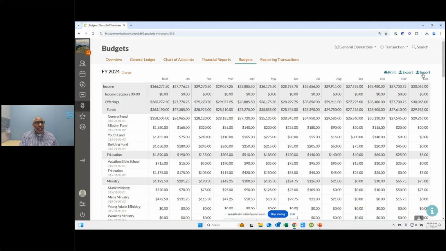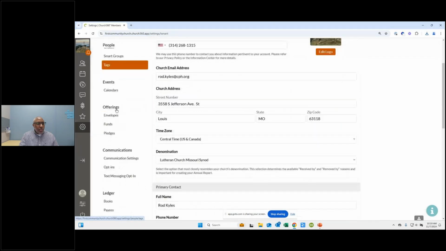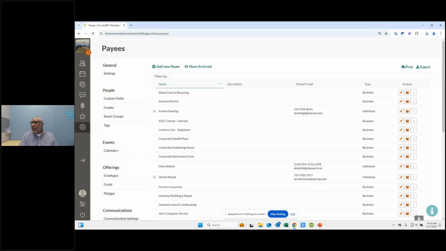So we've talked about general ledger, chart of accounts, budgets. Let's take a look at payees. I'm going to go to gear, and then I'm going to scroll down to our payees. Underneath payees, you're going to see all of your payees.